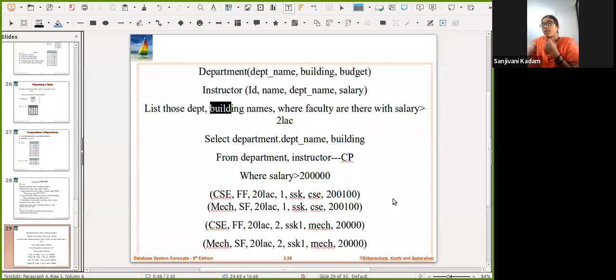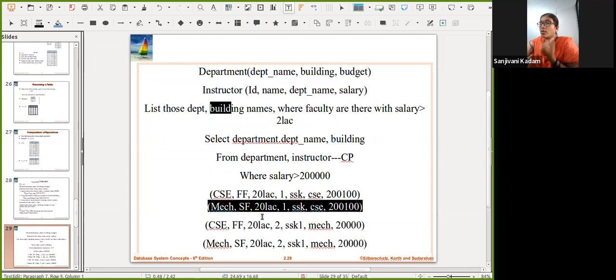department relation. So if we are going for the department relation, department name and building, then initially I will get an output of this CSE first floor. This is right, that CSE SSK faculty belongs to the CSE, and CSE and first floor. This is a right value for my current query. But this condition is also satisfied by this tuple of my output, and hence this value will also be displayed in my output.